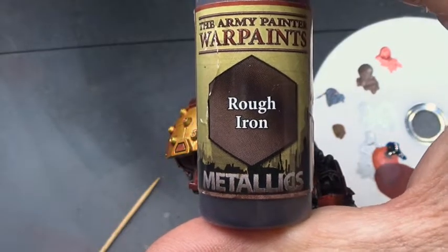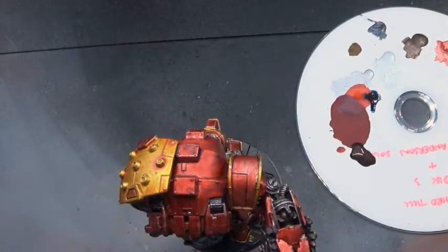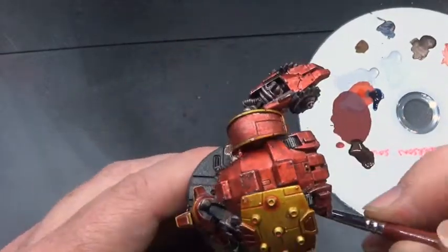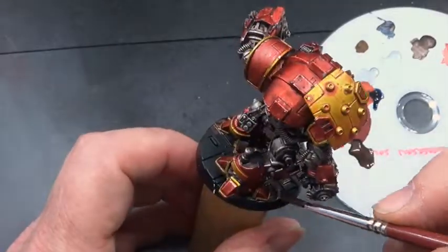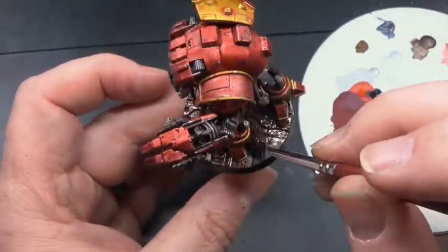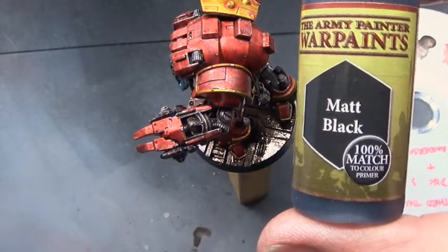I'm now showing rough iron. Yes, this is the paint that I started off with, going over the mechanical stuff on the inside, but here we're going to cover the base, because we're coming down to the end, fairly near the end of the video now. We've almost completed what we want. It's just details now to pick out. So we do this to give it a basic metallic background, and now matte black,